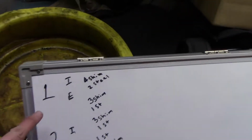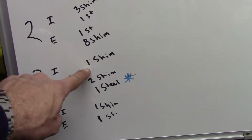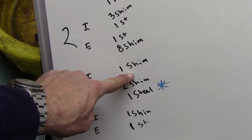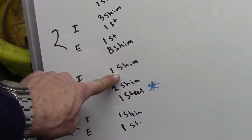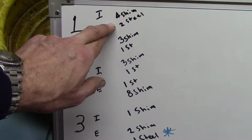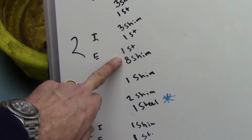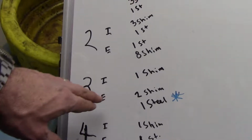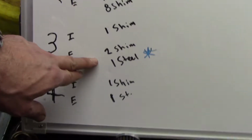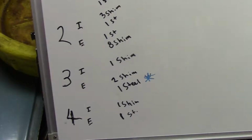Back to the whiteboard. So this is what I started out with. And plus, the number 3 intake didn't even have a shim. It only had one shim, had no washer. So that valve spring was pushing right against that shim. Number 1 intake had 2 of the steel pieces, which that steel piece belonged there, and 4 shims. Number 1 exhaust had 1 steel and 8 shims. So by the time I got to number 3, I put it the way it was, and it measured out right. So I took everything back apart and piled everything back up on the bench,